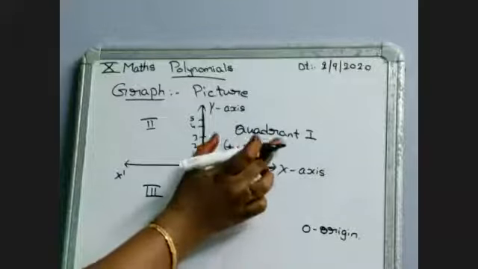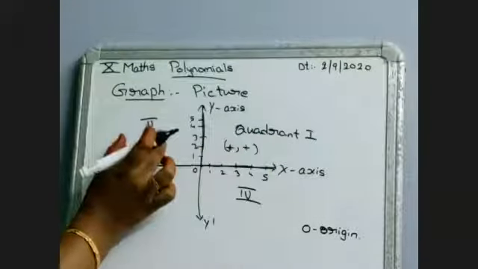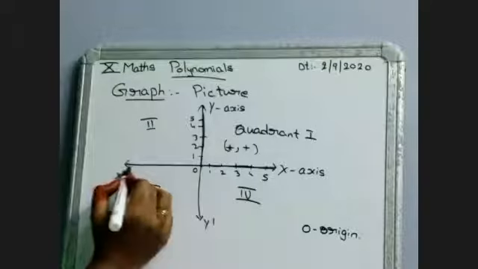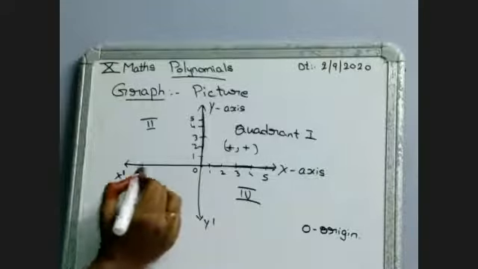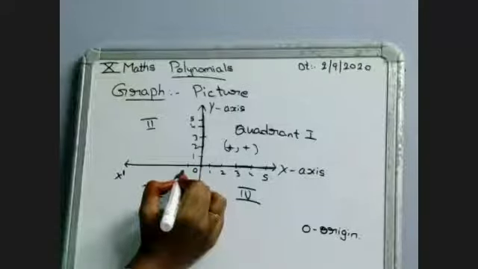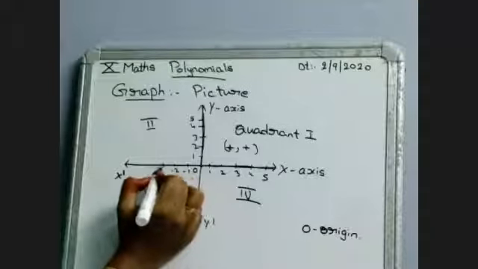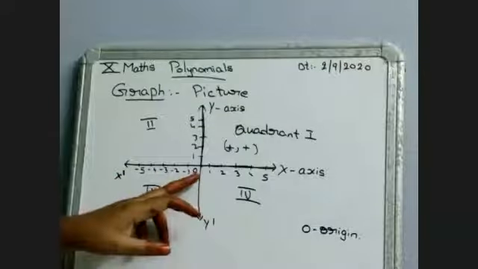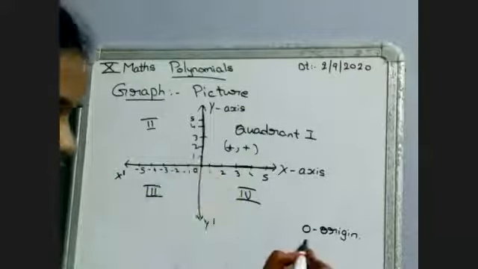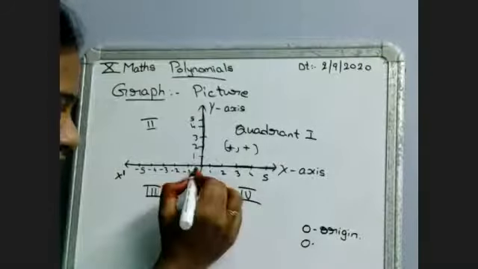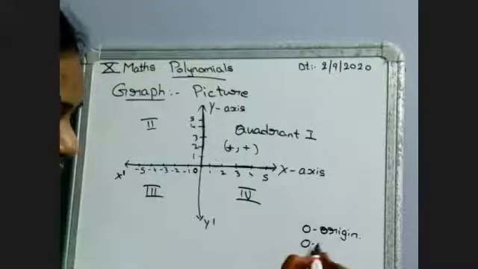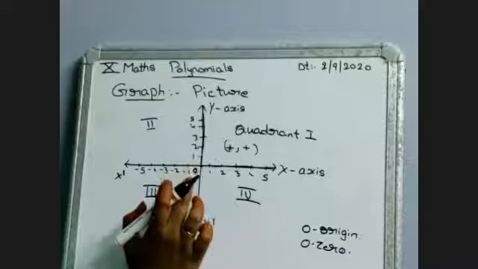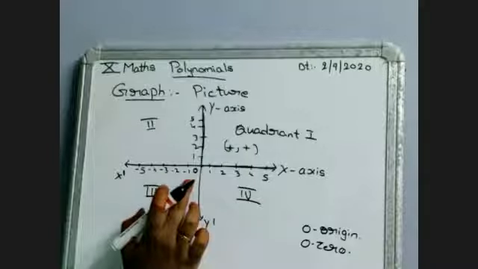So this is called quadrant 1. Come to quadrant 2. In this quadrant, whatever the x dash values are, we call them minus numbers: minus 1, minus 2, minus 3, minus 4. You take it from 0, and here the origin is there. Origin we represent with O, but while taking numbers, you take it as 0. While representing, we represent it as O. O means origin means 0.